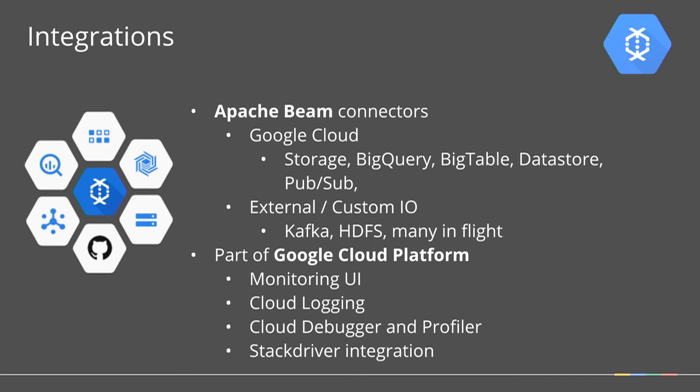Again, we're part of Google Cloud Platform, so if you're trying to compute things, you get a nice monitoring UI. We are integrated with Cloud Logging, Debugger, and Profiler. You can right-click and see your stack traces. And we have a Stackdriver integration, so you can do your operations and monitoring in a simple and smooth way, right? So if you're running a streaming pipeline, you can have alerts when you have a spike in usage, for example. The system will adjust, but you may want to know about it.